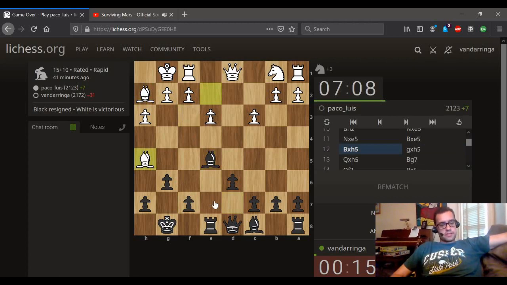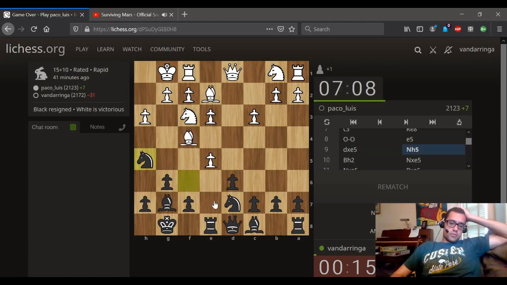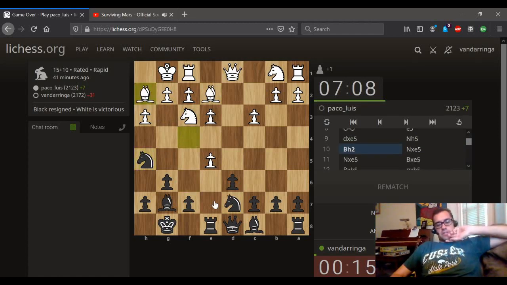This was the thing I didn't see. How could that have been prevented? Didn't really get the pawn back. I suppose I've got to go e takes here. E takes, yeah. No, then g4. Then g4 makes things... So I'm losing my e5 pawn there, but at least...